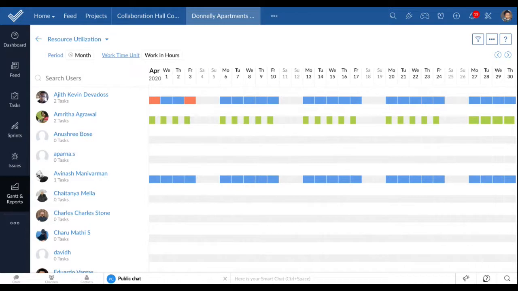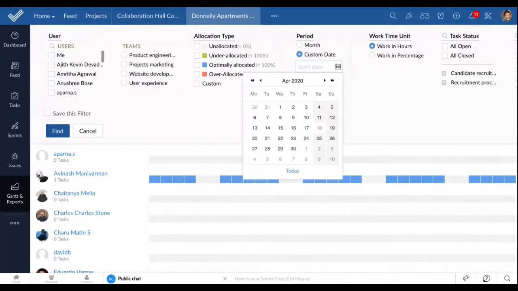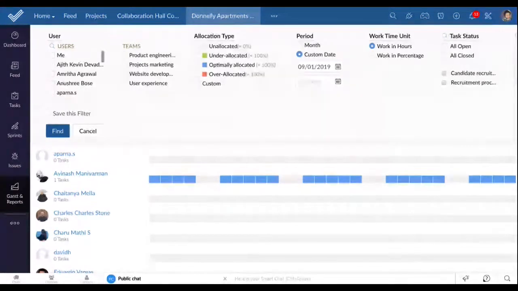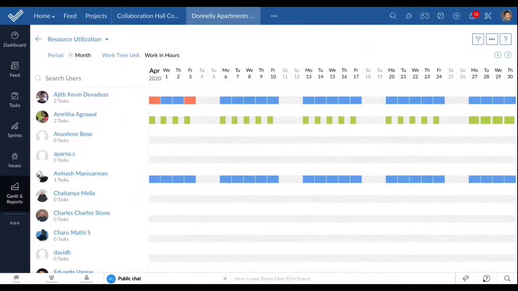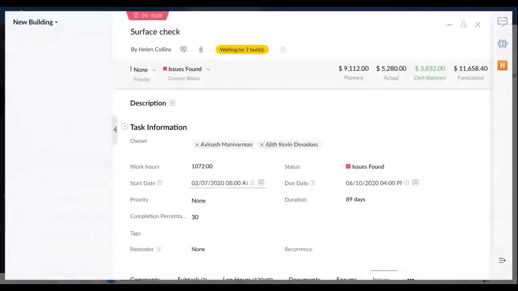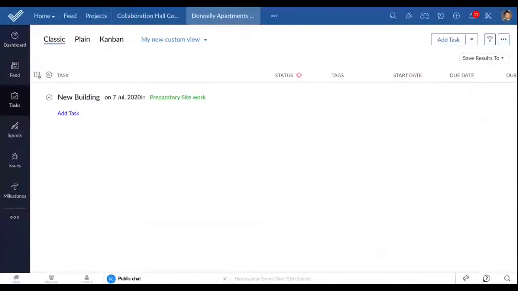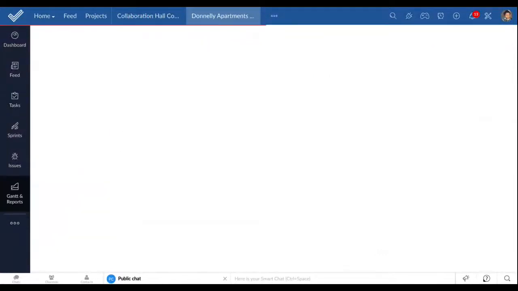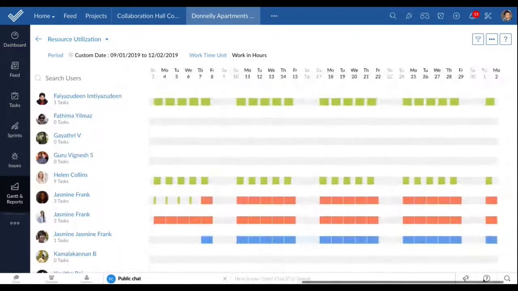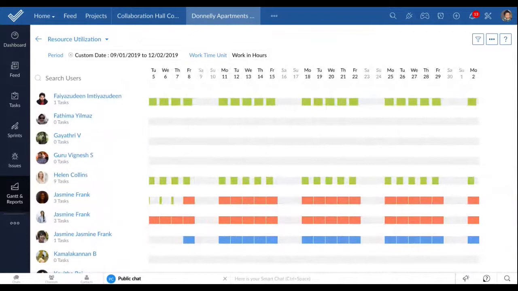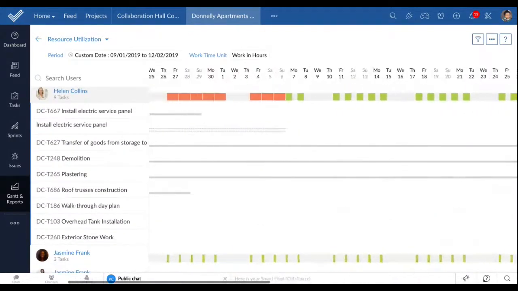So you can also filter out a few things. We hardly have any data for this. All right. Oh, my bad. Sorry. So Helen has got 9 tasks under her, so you will see,